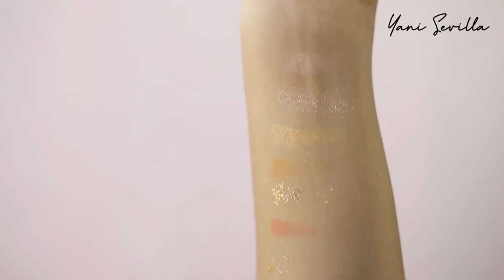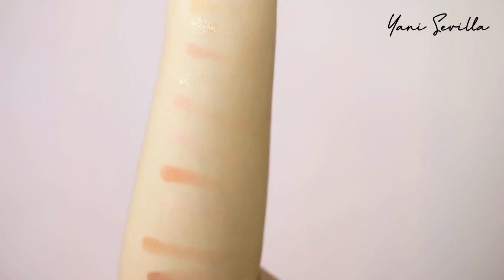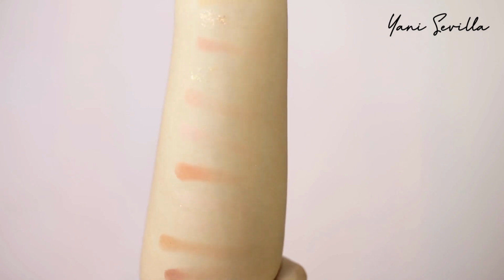Makikita nyo, guys. Okay naman siguro yung camera. Sa mga dark, makikita mo talaga. Yung kasing iba is yung mga glitters and silvery. Parang hindi siya makita sa camera. Pero okay din naman, but not that very pigmented. Like, what I really expect. Okay, let's move on with this second palette that we got, which is the Kiss Beauty eyeshadow and